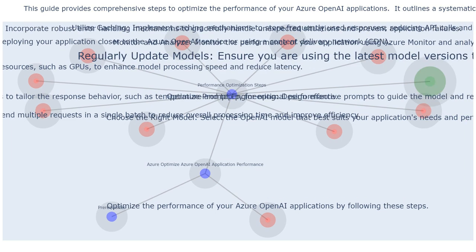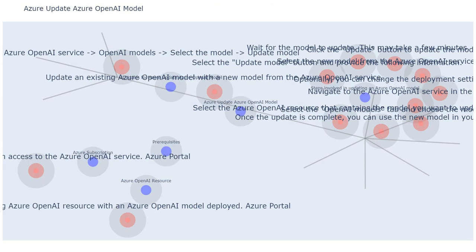crashes. Ensure you are using the latest model versions to benefit from performance enhancements and bug fixes. Regularly updating your Azure OpenAI models ensures that you are utilizing the latest versions with improved performance and reliability. For example, new model releases often include performance optimizations, bug fixes, and improved accuracy, leading to a better overall user experience. This YAML file describes the process of updating an existing Azure OpenAI model with a new model from the